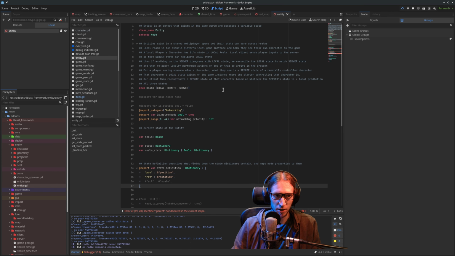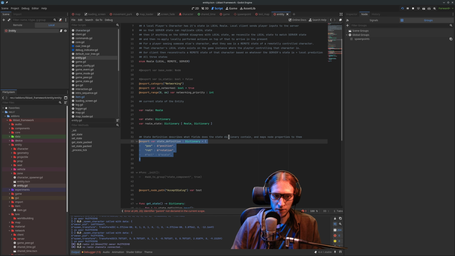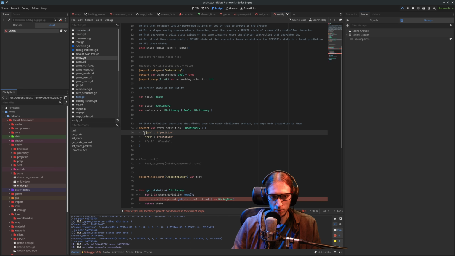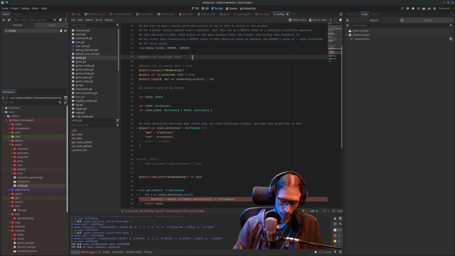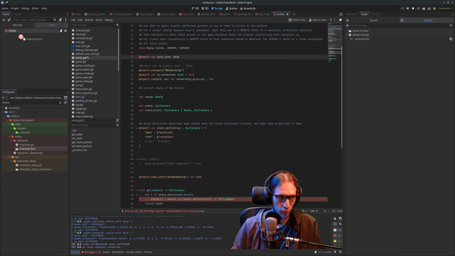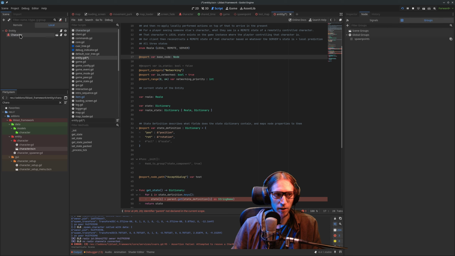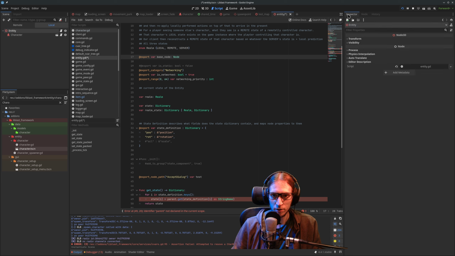Some time ago, I sketched this thing called entity. And the idea was that entity has a state and it holds a state definition, which basically maps short names to properties of a node. We would probably have it either be a base node, where the entity is our head, and then let's say we have a character. So we put a character underneath. So this, our base node,